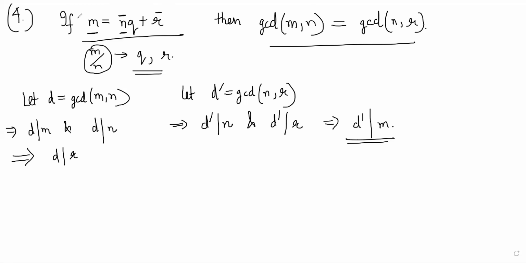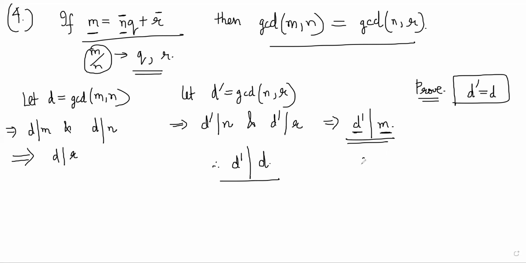And now what we want to get here, we want to prove that d dash is equal to d, right? This is what we want to prove. So how do we prove that? So in order to prove that, since d dash divides m, therefore d dash divides d, right? Because d dash is a factor of m